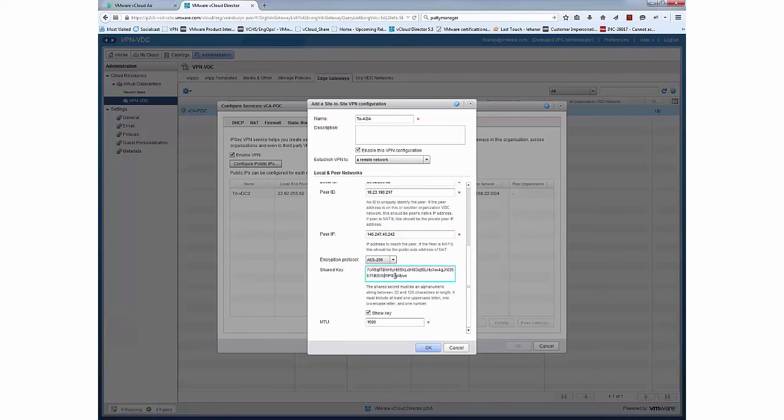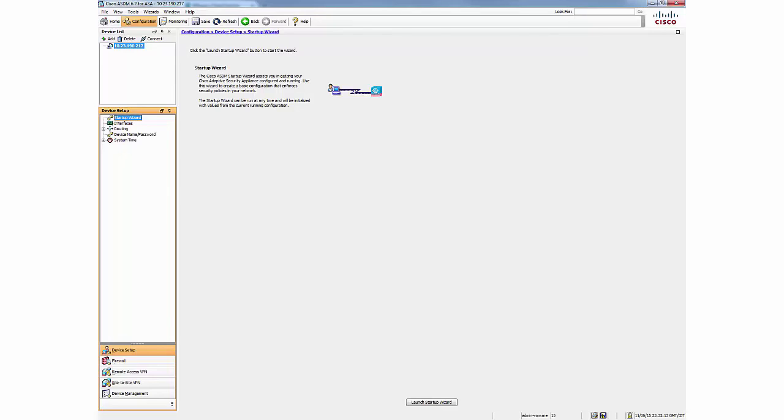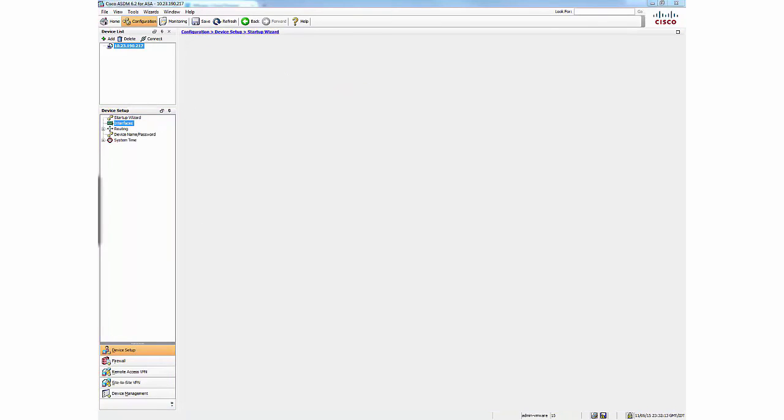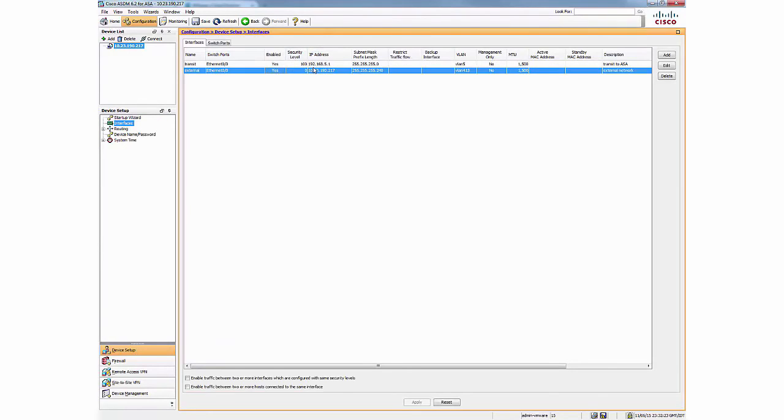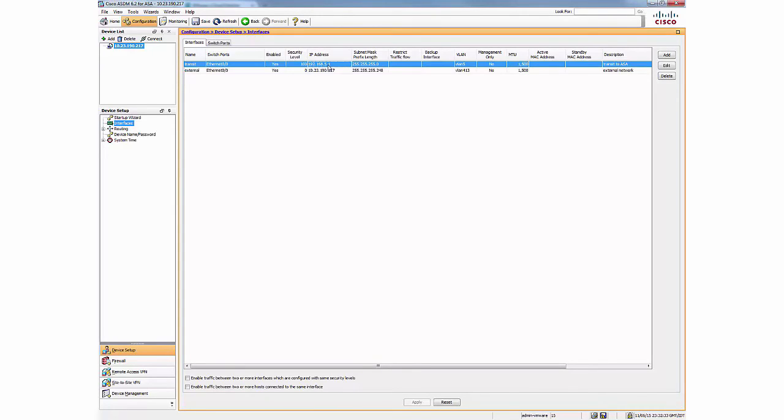So with that, let's open up the ASDM that's connected to the ASA. And firstly, I'll show you the interfaces. So on the ASA, you can see we've got two interfaces. We've got a transit and an external interface. The external interface is what we're going to be using to create this VPN tunnel on. And that transit interface is just an interface that links the ASA to the underlying networks, one of those networks being the